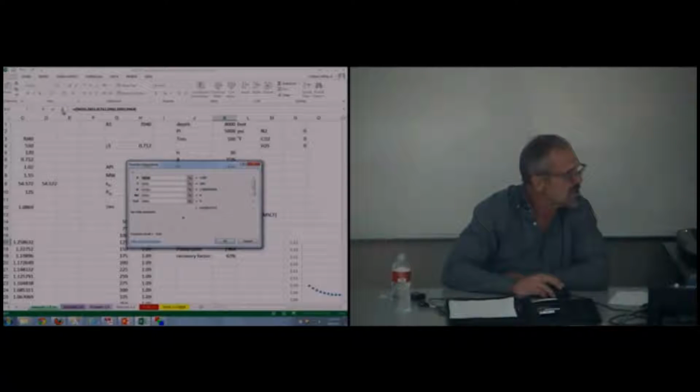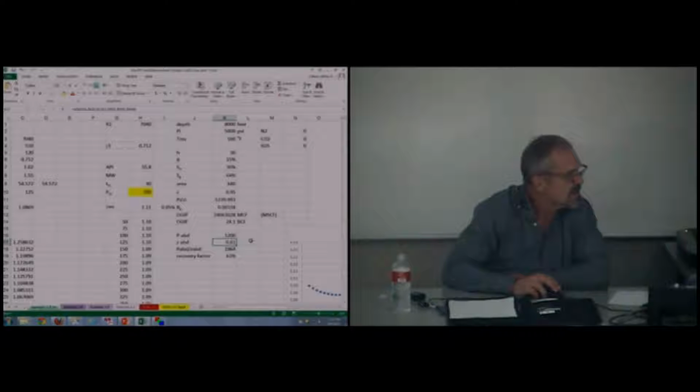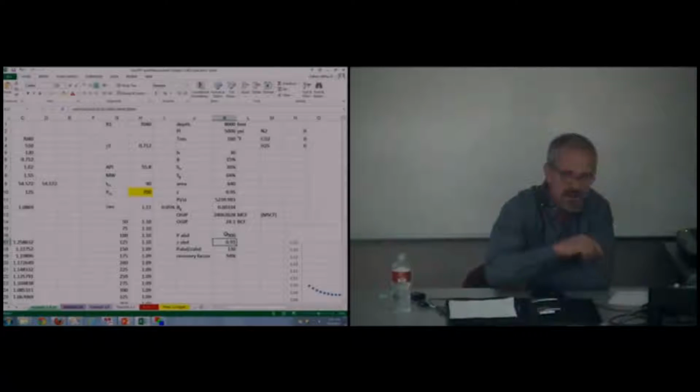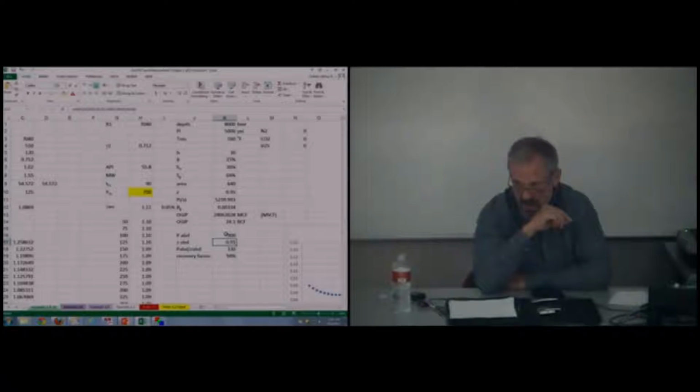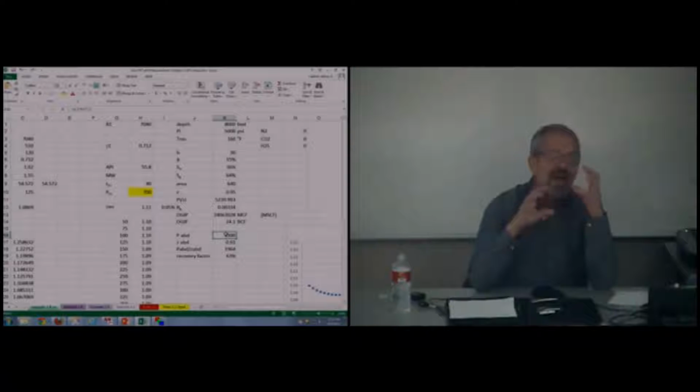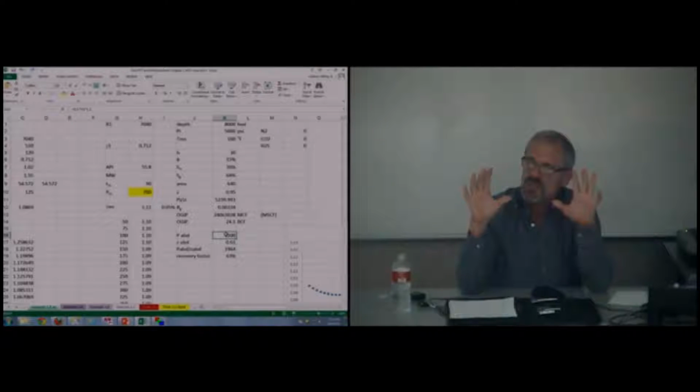Well, how does your screen look compared to mine right now? I have everything the same except the P. I put 300. Oh, you're still at 300? Well, I can put 300 in here. Can you get an error? You don't get 0.91? It just gives me a value error. That means it's having trouble doing something. Typically what that means is, you know, if you put in a number,